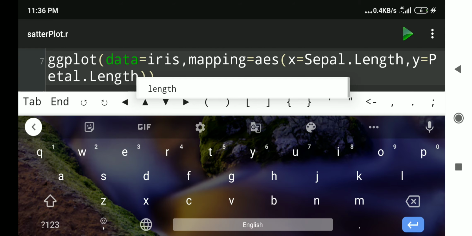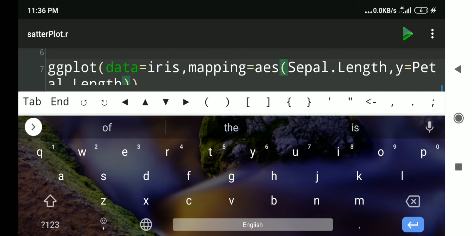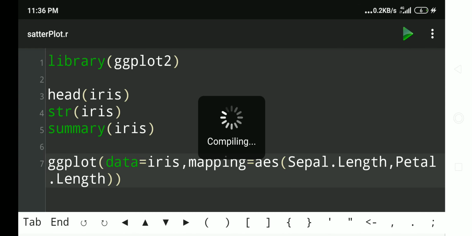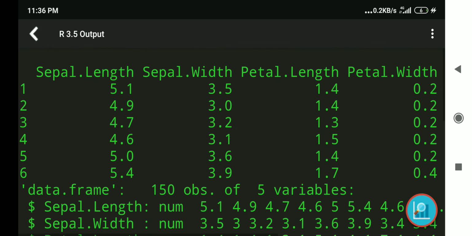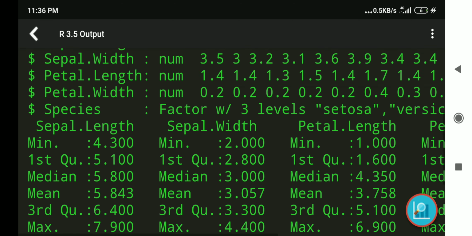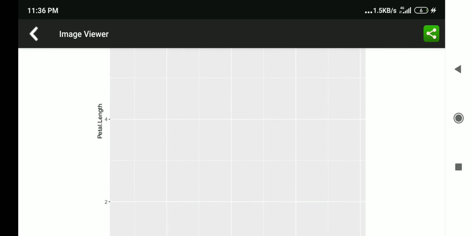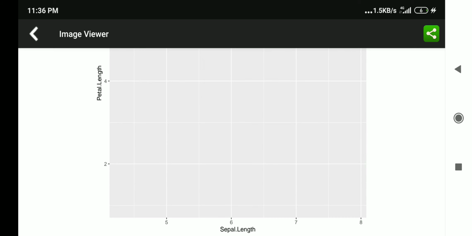The uppercase and lowercase shall be correct, and this x and y are not required to type explicitly, therefore I have removed that, and we will click the run button. When we press the run button, we will have this information with us. Our results of head and structure or summary functions are there, and when we click this graph button, we will see the empty plot. That petal length is there,